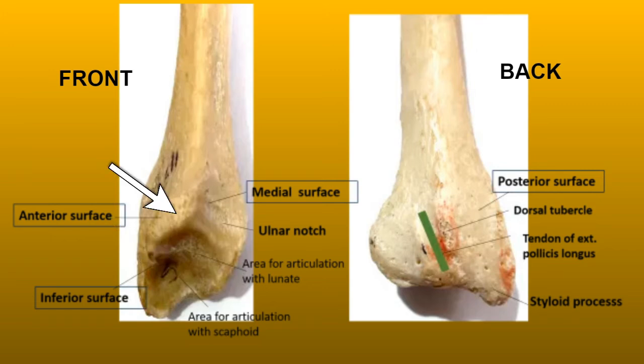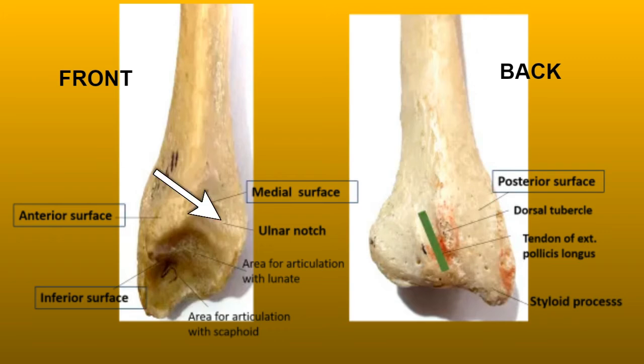So first of all, the anterior surface of the lower end of the radius bone. The anterior surface is actually in the form of a thick prominent ridge, and the radial artery is palpated against this anterior surface. Okay, remember the radial artery is palpated over here. And next is the posterior surface. The posterior surface has 4 grooves for the extensor tendons. I told you before that the posterior surface has 4 grooves for the extensor tendons, and the dorsal tubercle of Lister lies lateral to an oblique groove.